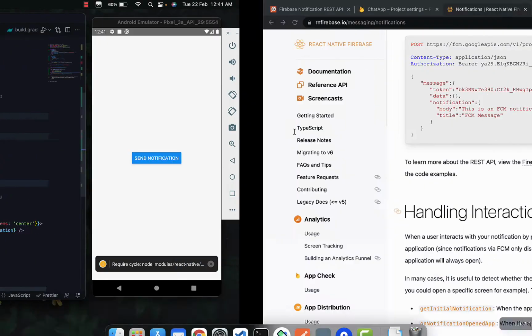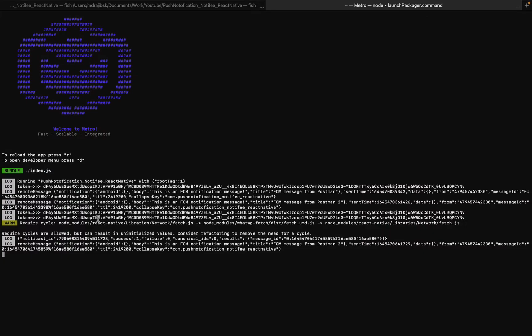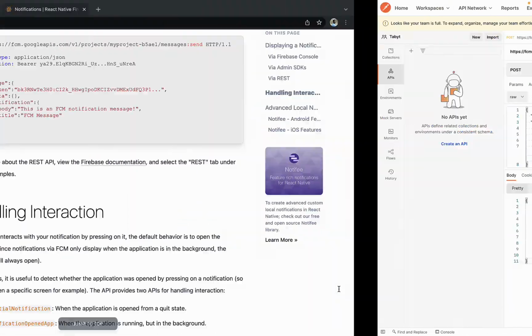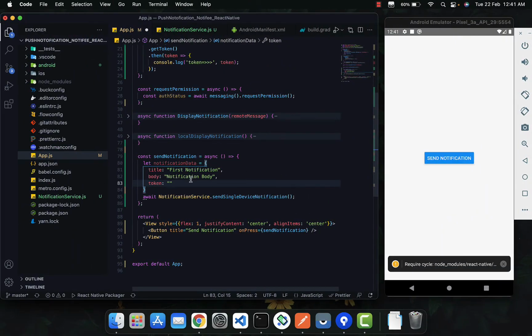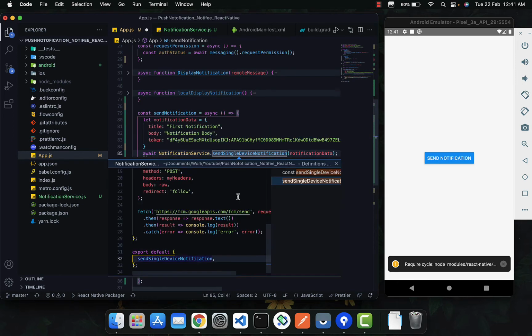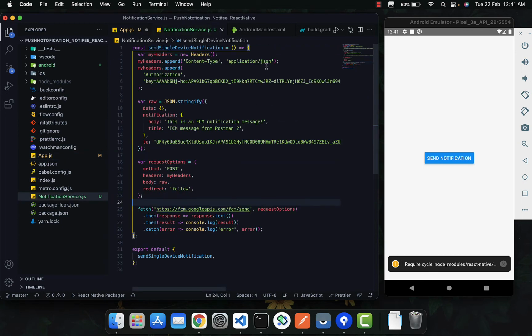And for the token, we have the token over here. We can simply use this token, and when we are implementing that, you're obviously going to store that inside a state, but I'm not going to do that for now. And we can simply pass the object to here,